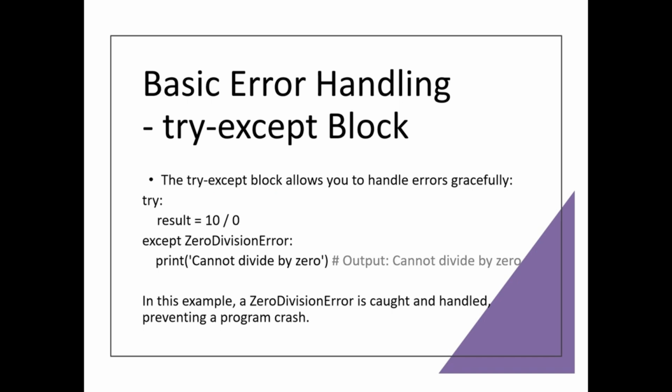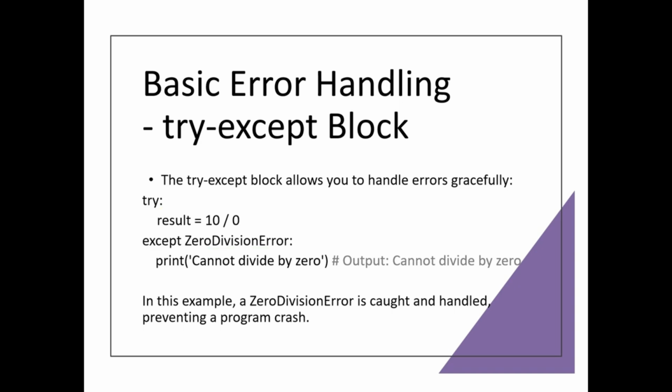The basic syntax of try and except is try followed by colon. In the next line, indent the code. After that, write the code that might raise an exception. Next, except followed by exception type and colon. In the next line, indent the code and write the code to handle this exception. You should always know that